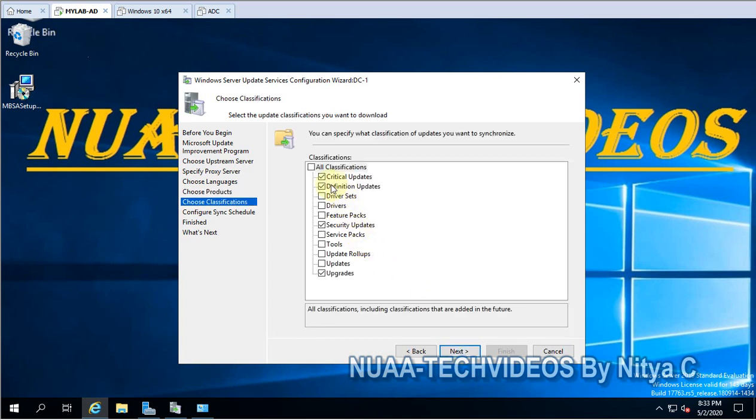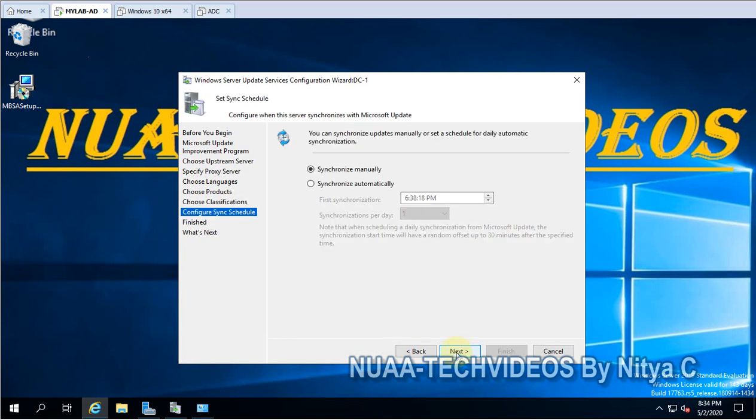And I want only the critical and definition updates. I don't want the drivers, and I want security updates as well. And upgrades I don't need. You can configure for the upgrades, tools, service packs if required, and drivers as well. And let's click on next.